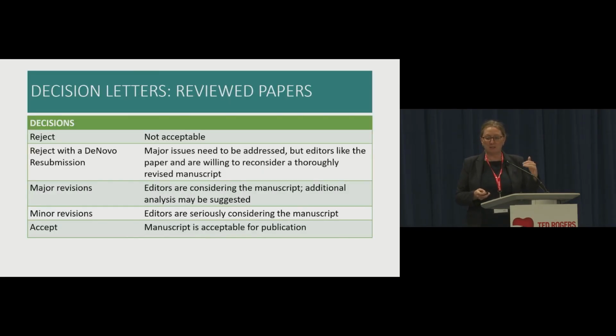So there's 5 potential answers you might get back if your paper's gone out for peer review. Unfortunately, the first is disappointing. It means that both the reviewers and the editorial team don't think the paper is acceptable. But the other 4 potential responses, you should all treat somewhat optimistically. So I'm just going to remind you what they are for all those people as they come back,